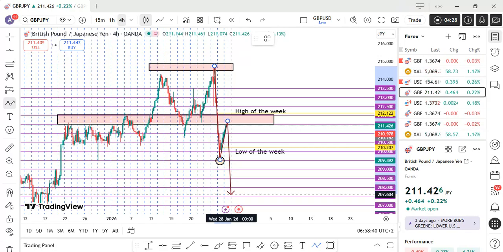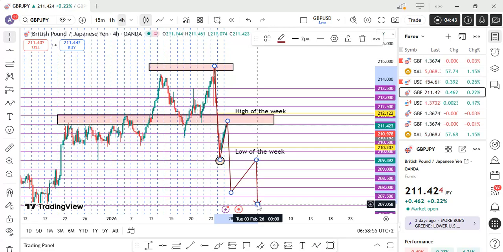So I'm expecting market to keep on creating lower lows because market has failed to create higher highs. So we should be expecting market to create lower lows, and that's why I'm definitely taking this time to at least show you my thought process on GBPJPY. So you definitely have to know that this is the right time to go in for a sell trade on